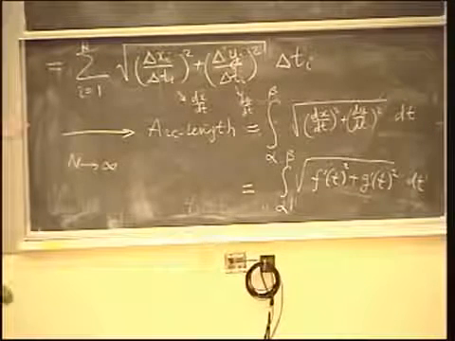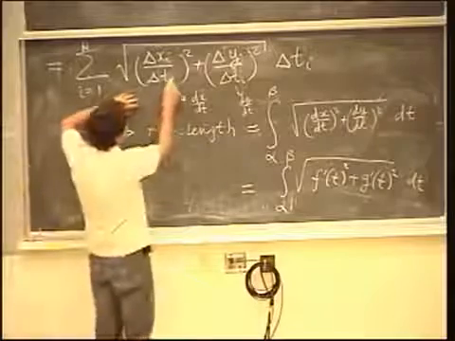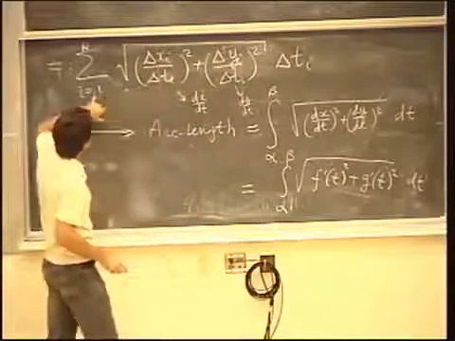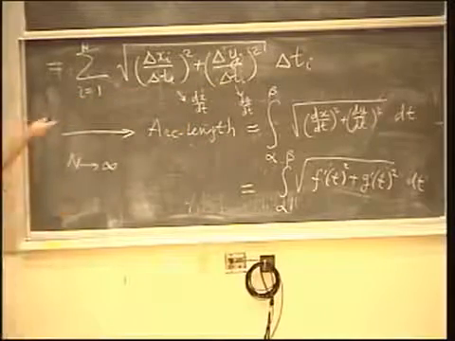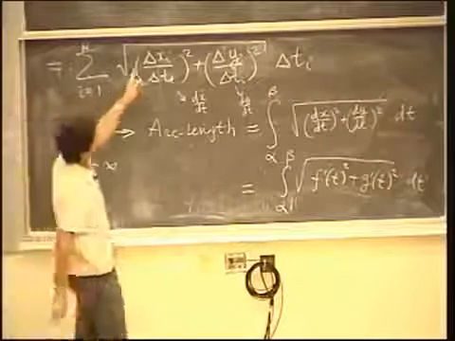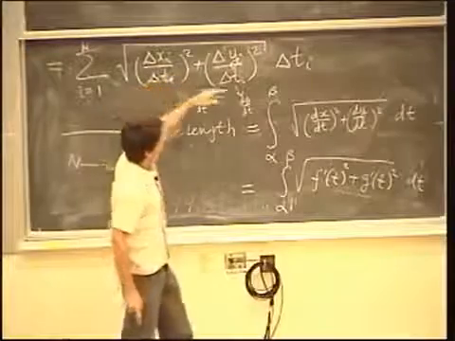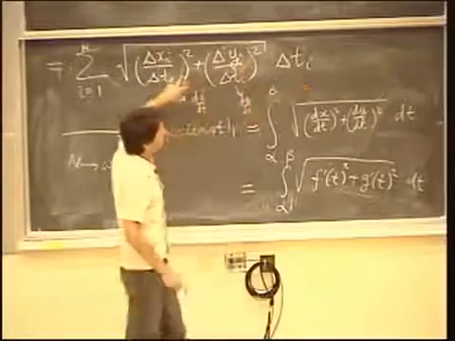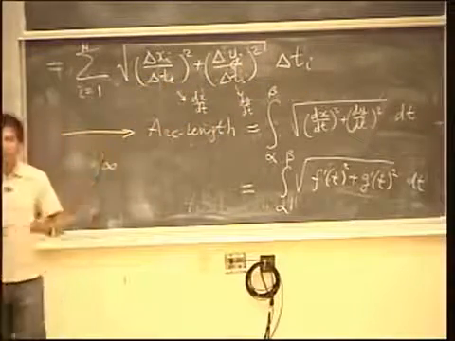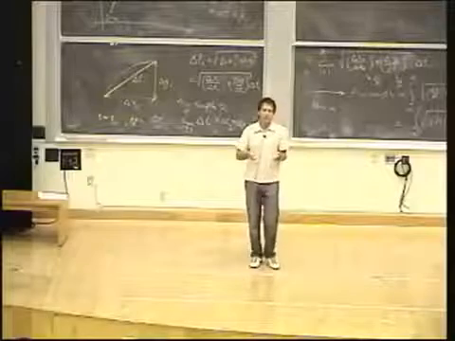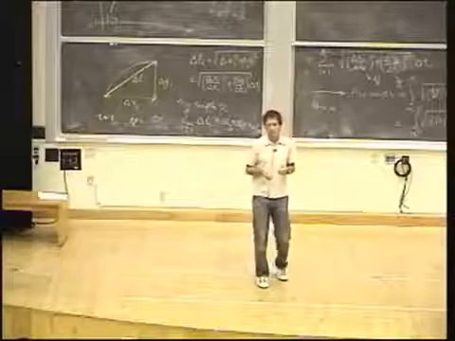And inevitably, we end up with an expression like this, where you have a summation over all pieces in the partition, where you have some expression involving your parameter, in this case t, times delta ti. And under good circumstances, and in this course we don't really discuss the subtle points here